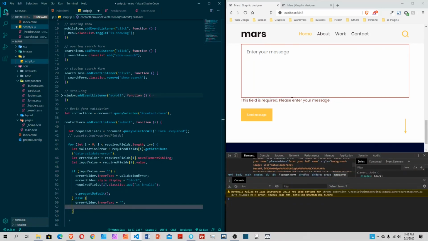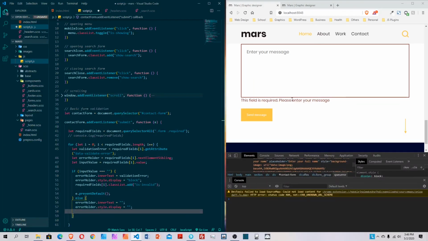And I will say error holder style display to also be an empty string. So we remove the whole display code block, and by default it is display none. So we go back to that,